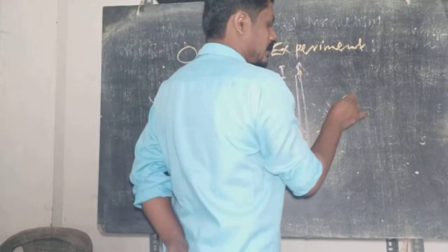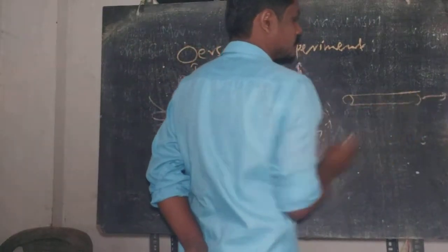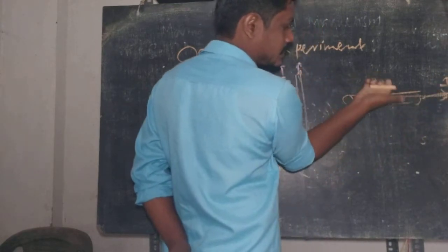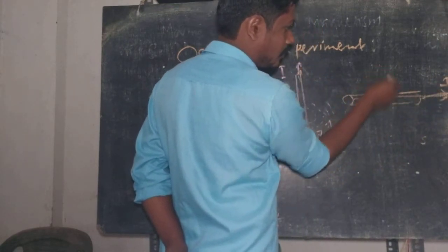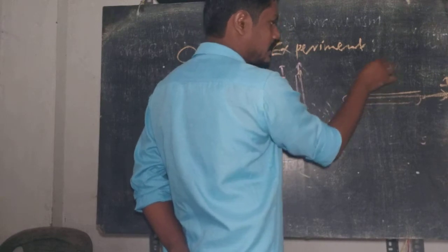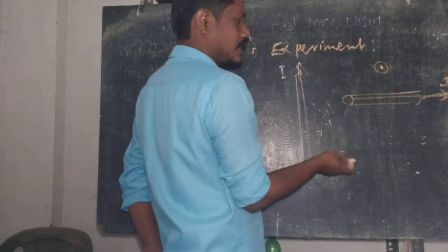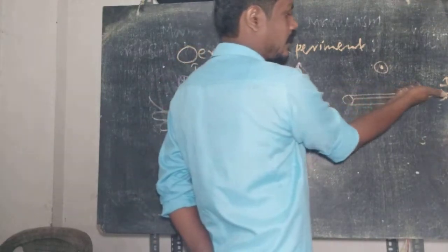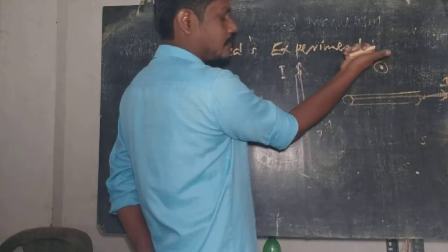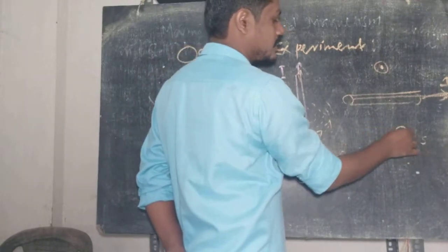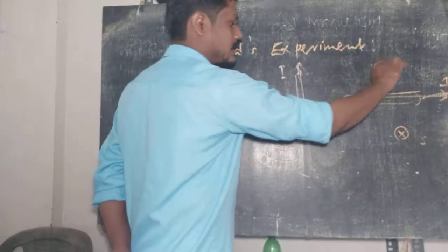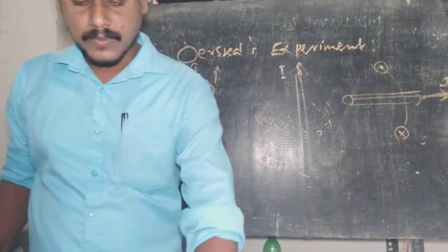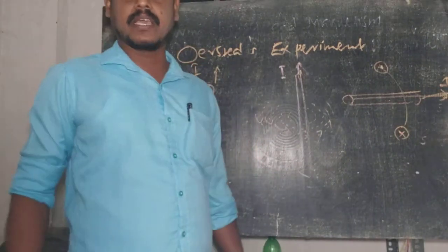Similarly, when we place the wire like this, the current is flowing along this direction, so the curled fingers go like this. At the top, at the point above the wire, the magnetic field is coming out of the plane of the board. Here we hold the conductor like this, current is flowing like this, so the magnetic field is coming out of the plane of the board. Here the magnetic field is going into the plane of the board. So we use the right hand thumb rule to determine the direction of magnetic field around a straight wire carrying current.